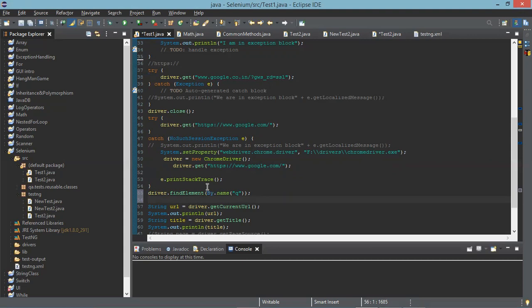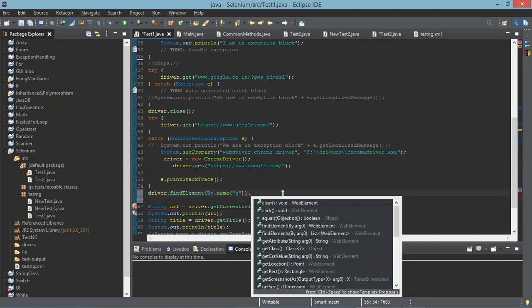Now, in line number 55, go to the end, remove the semicolon, dot, send keys. Type send keys. Can you see something like character sequence?